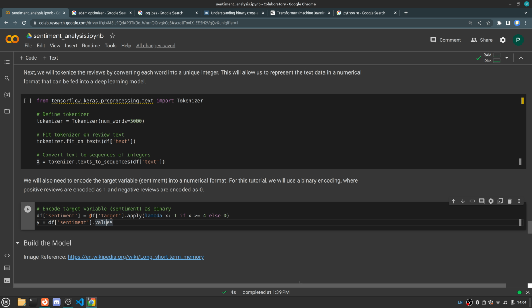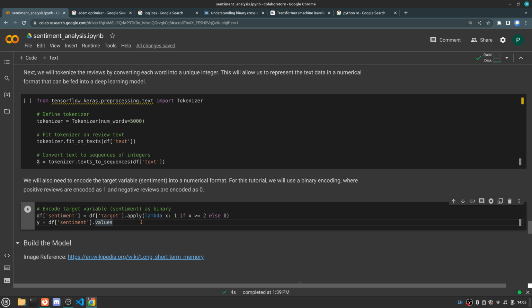So what we're going to do is take our df target variable. We're going to apply this lambda function, and basically what this does is assign either a 1 or a 0 to the sentiment, or to your target variable, based on your preset conditions. In our case, we're going to say that the lambda of x will be equal to 1 if x is greater than or equal to 2, so if it's positive. Otherwise, we're just going to set it as a 0. And then we'll save this in a column that we're going to call sentiments in our original data frame. And then with the data frame sentiment column, we're going to say data frame sentiment.values. Those will be equal to our y values